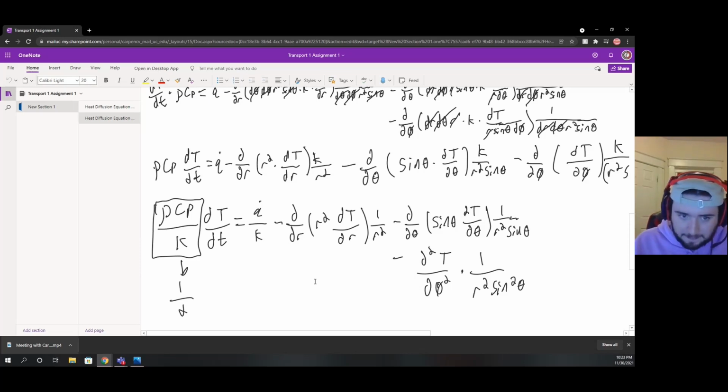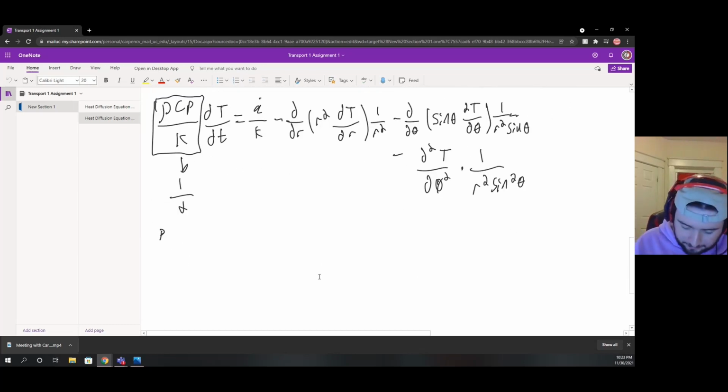So 1 over thermal diffusivity constant times change in temperature in terms of time equals our energy generation for that volume over our thermal conductivity minus our partial derivative in terms of r times r squared times change in temperature in terms of radius times 1 over r squared